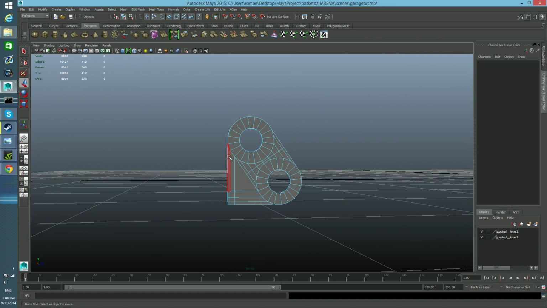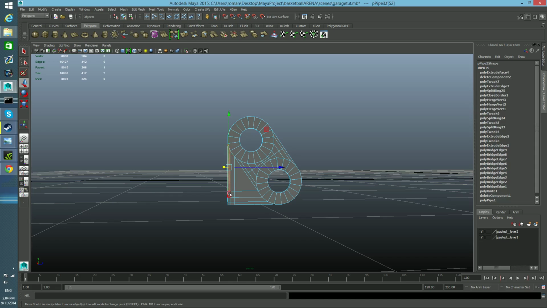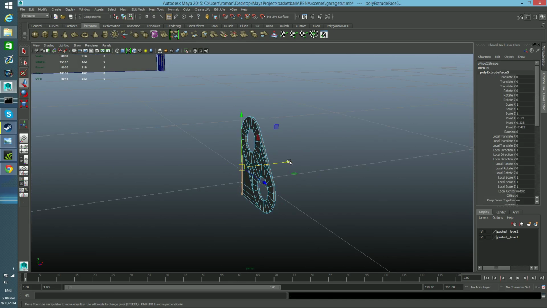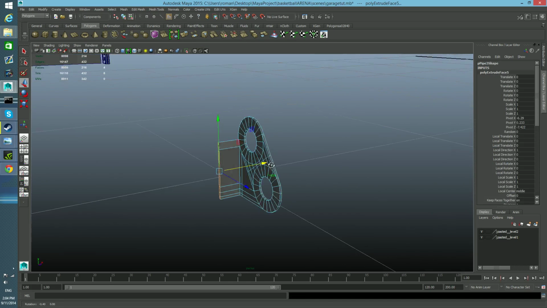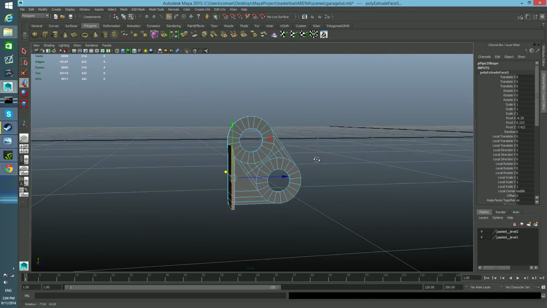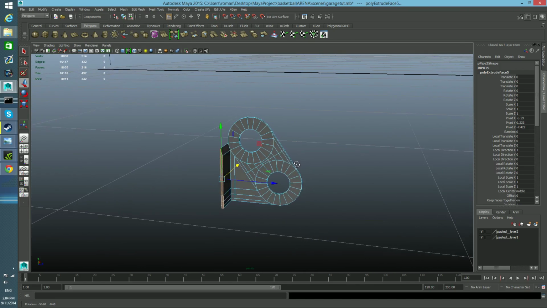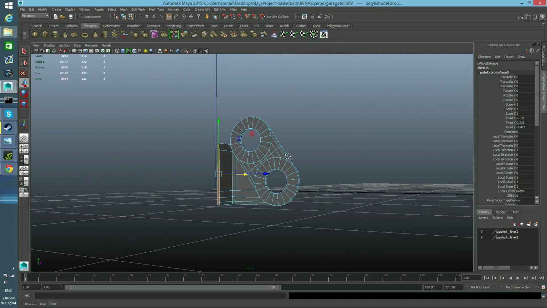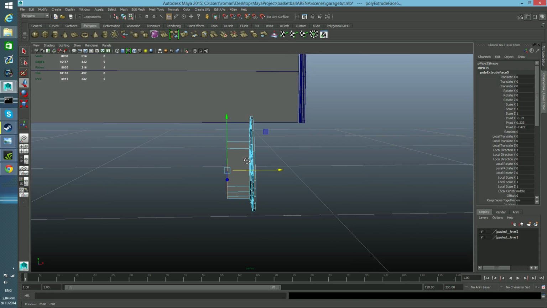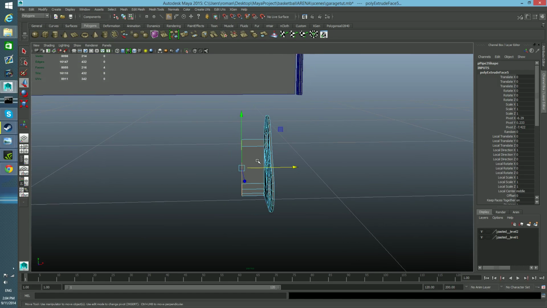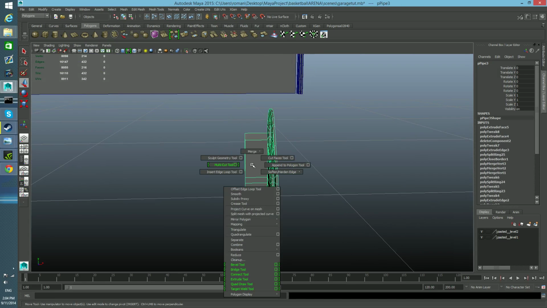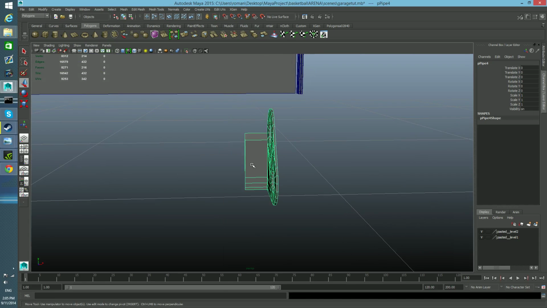I'm sure that these faces here should be extruded. So we're gonna extrude them, switch to move tool, extrude them that way. Okay. Now this will deserve some extra edge loops, of course, but right now I'm okay with that. So just a little bit that way, press F8, and then Control D, duplicate this,